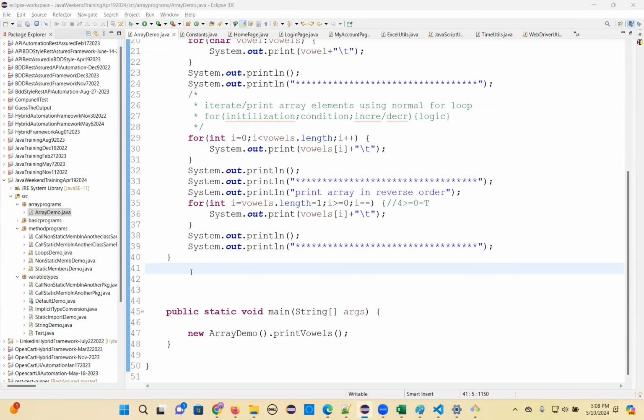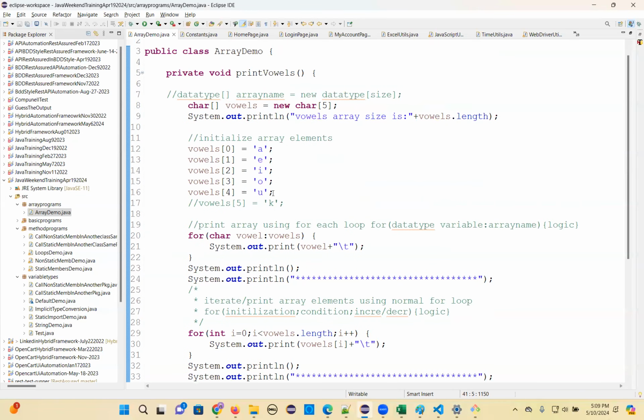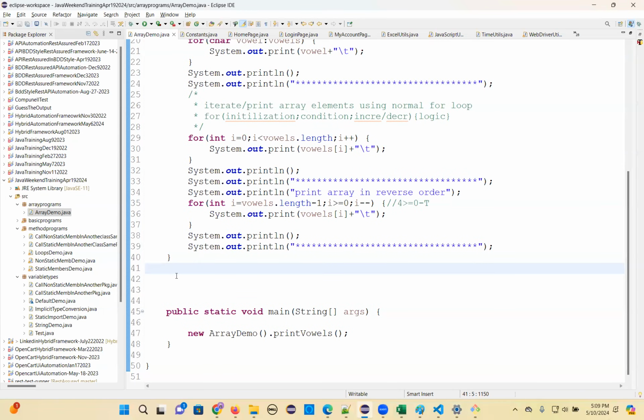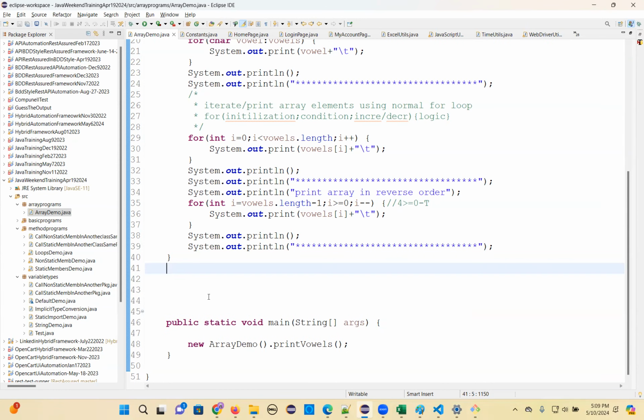We'll write more array programs here. So this is very simple, very basic, what we have written, but now we need to target the main interview questions. So the first program I'm going to write,